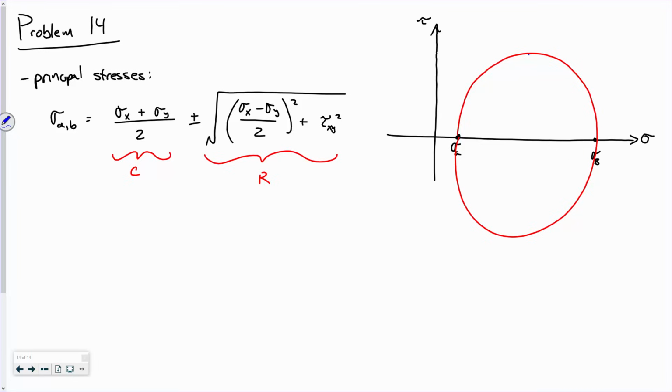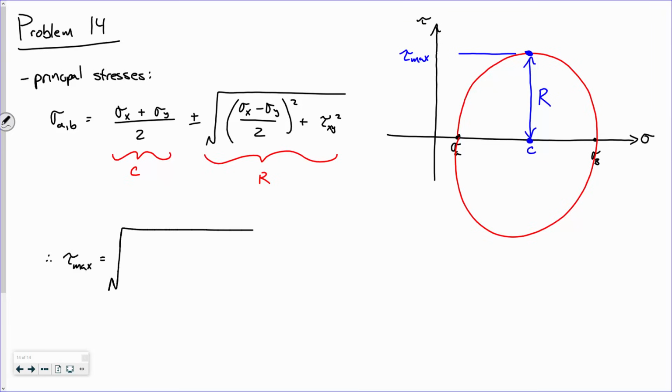So this term right there is tau max, right? But what's another name for that distance? R. That's the radius. This expression is the center, which is right here, plus or minus the radius. So if here's the center, plus the radius will put me here, minus the radius will put me there. So all I need is the radius. So tau max